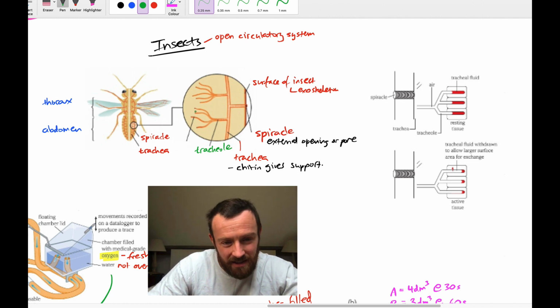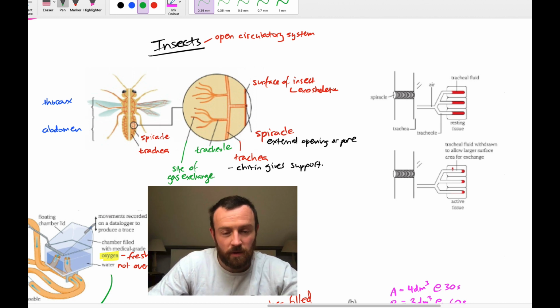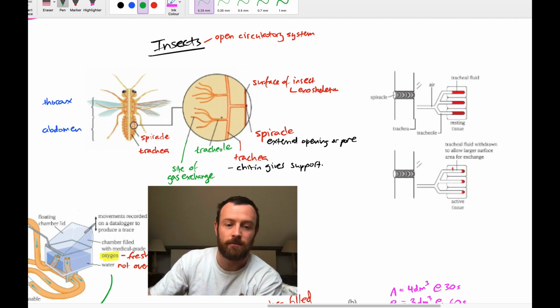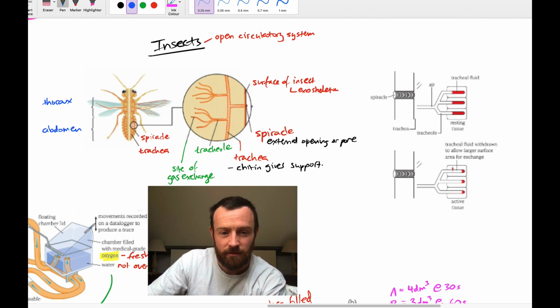And then down at the final ends of these narrow tracheoles, here we actually have the site of gas exchange. Okay, so we deliver oxygen via the spiracle. So air, let's just trace out the flow of air here. Goes through there, down here, down through the trachea systems, down the tracheoles, all the way to those final sites